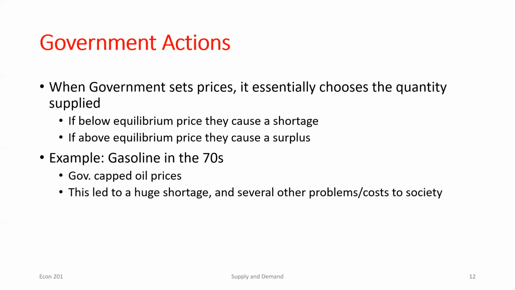Which, think about now, these are the companies. They demand labor, right? They want to pay workers to work with. So now the quantity demanded at this much higher wage, this higher price, is going to be much lower. So what do I have now? Quantity supplied is greater than quantity demanded, so I've got a